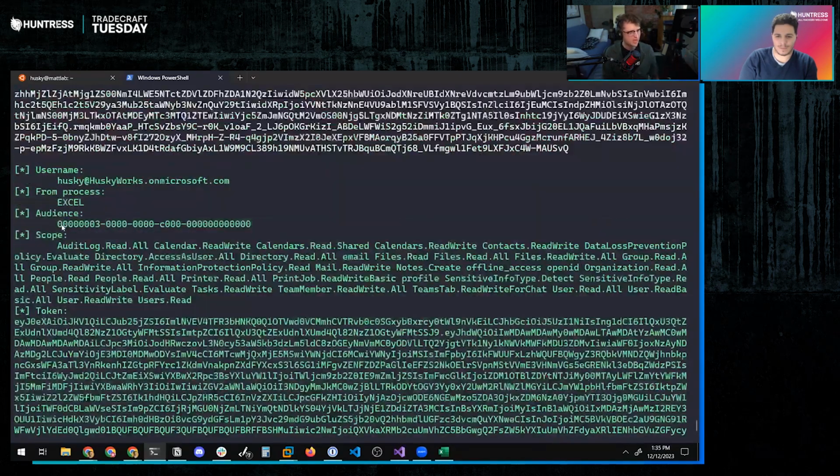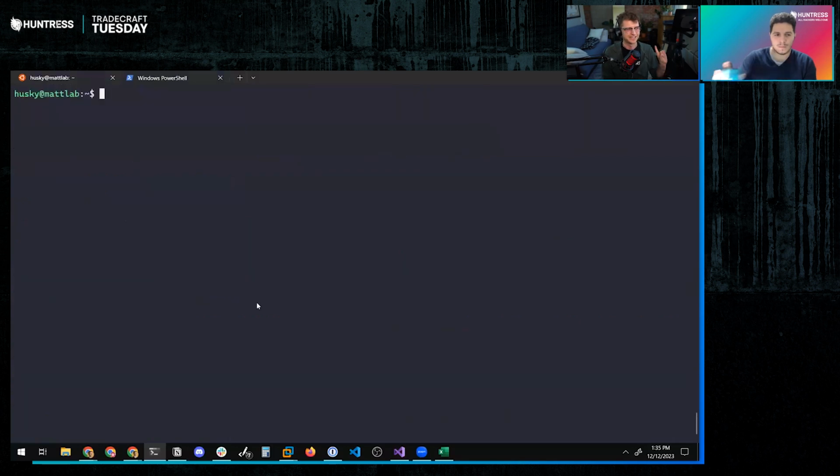It doesn't say, but this audience right here, this special long alphanumeric string, I believe, because this is highlighted in green, should be the Graph API. So if we have stolen this token, we can now take this token and present it to the Graph API. Guess what the Graph API thinks? It thinks that we are them. This bypasses MFA. After I have authenticated to that desktop Office application, MFA is completely out of the question when we bring this kind of exploitation onto the field.